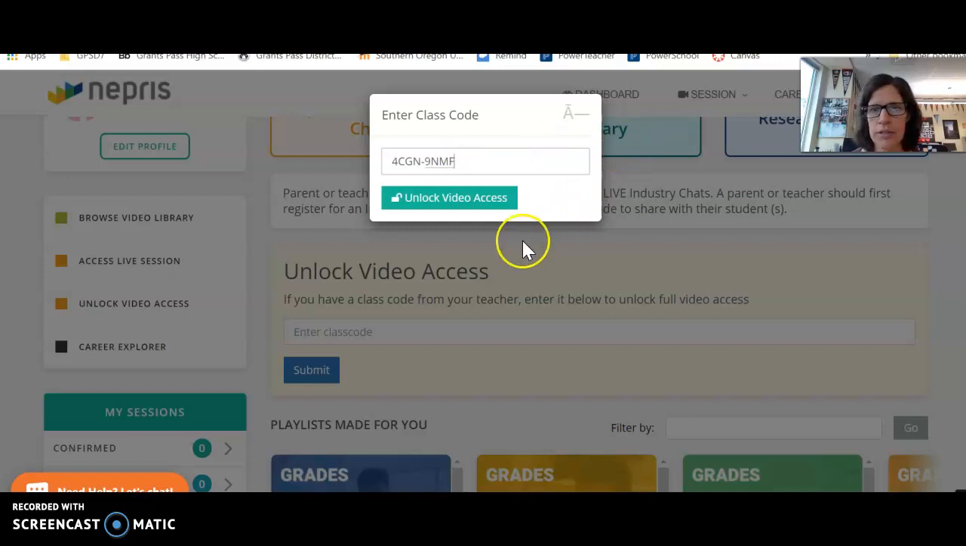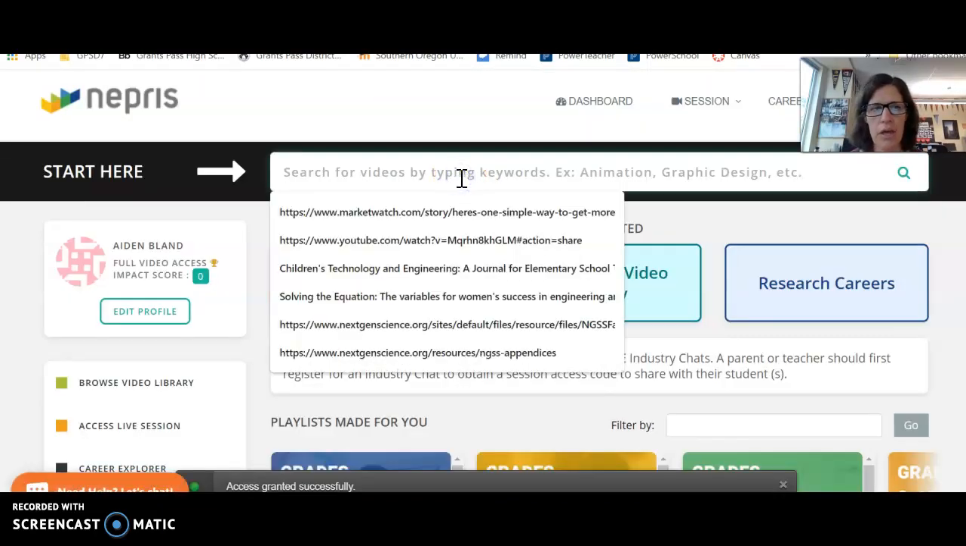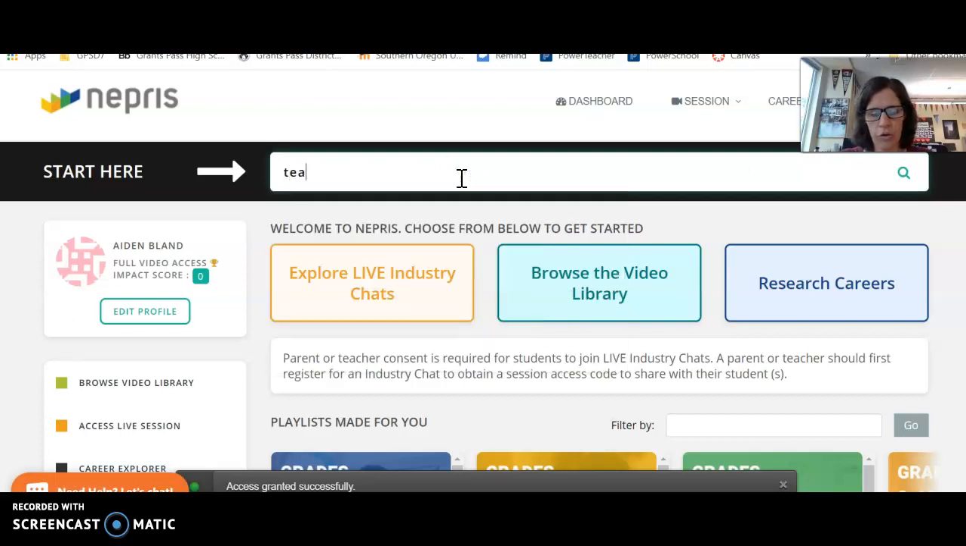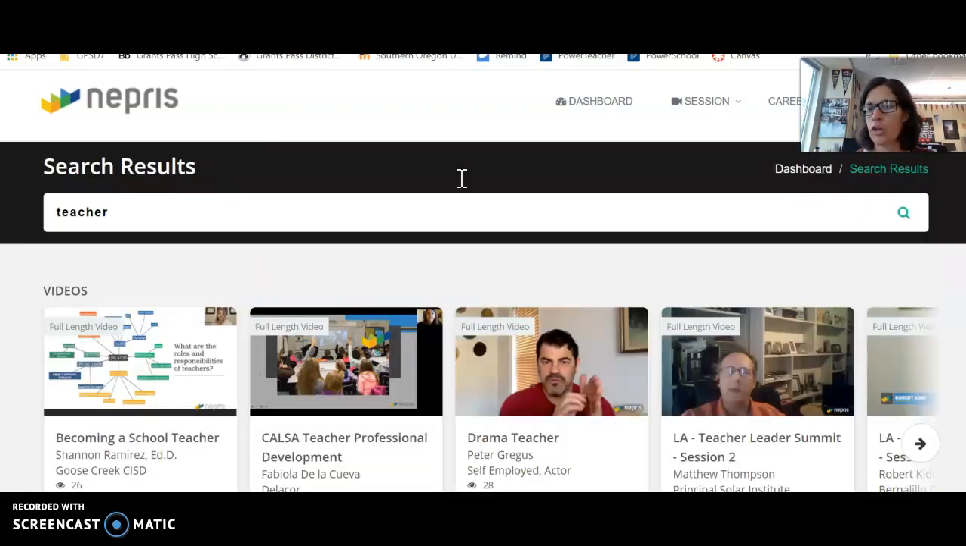Okay. For you guys in Career Academy, this is your access code. It is in Canvas. Copy and paste it before you go to the web page, or copy it. And so then when you get to the web page, you can paste it. But it's 4CGN-9NMF. If you click that and then click Unlock Video Access, then when you do a search for learning more